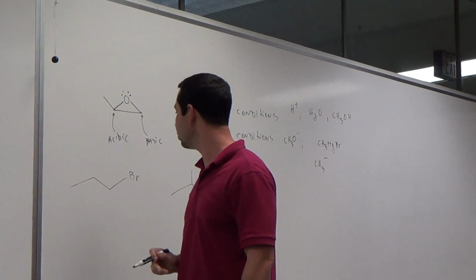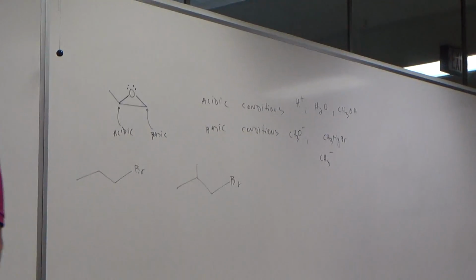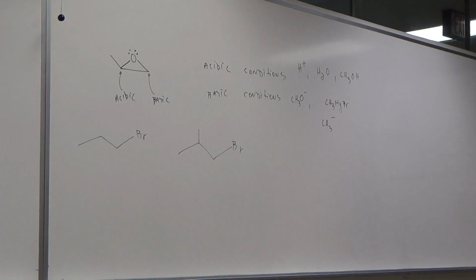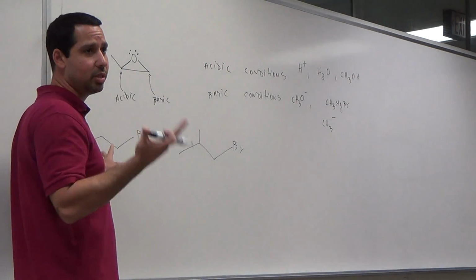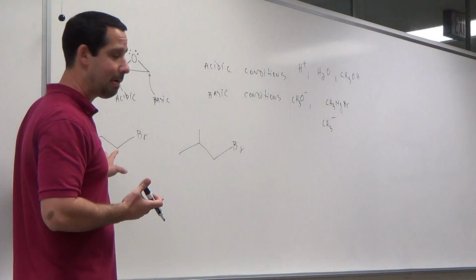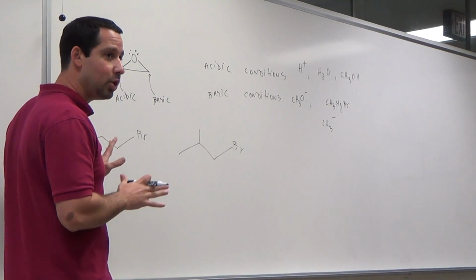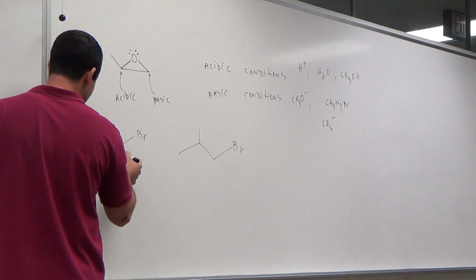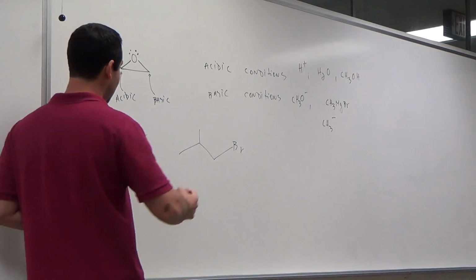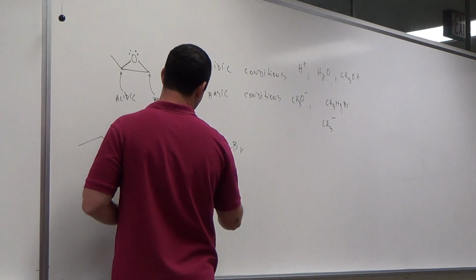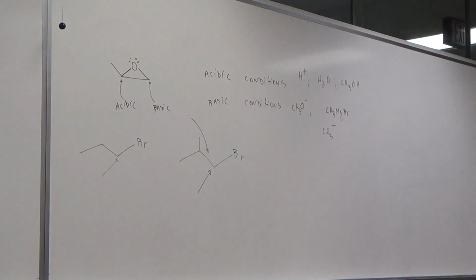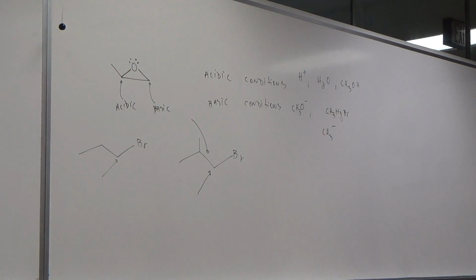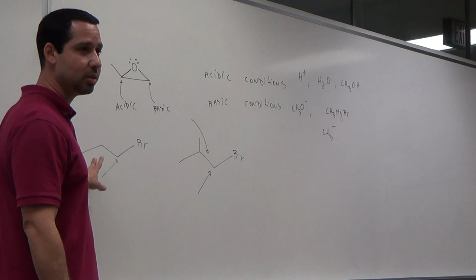Tell me, which one of those is less hindered? Left. Yeah, you can see it with your own eyes. Look at it, and you go, an attack on this carbon here would be better than an attack on this carbon, if it happens that way or if it happens this way. There is free rotation on those bonds there. So, I don't know why this was a problem on the test, but this is better in SN2.